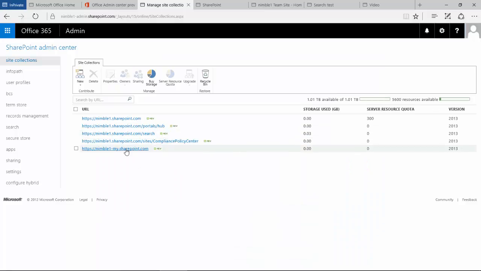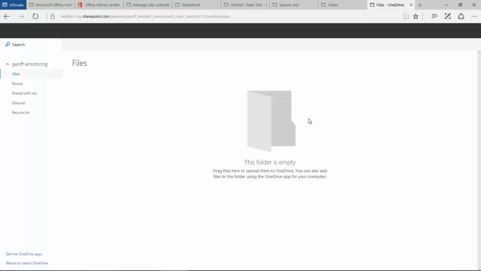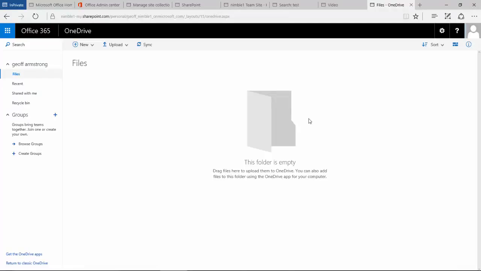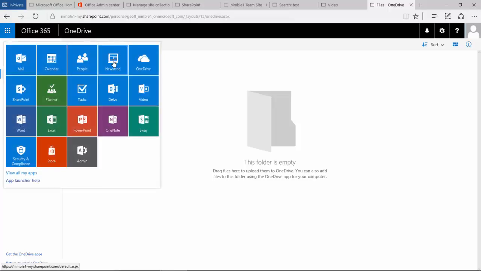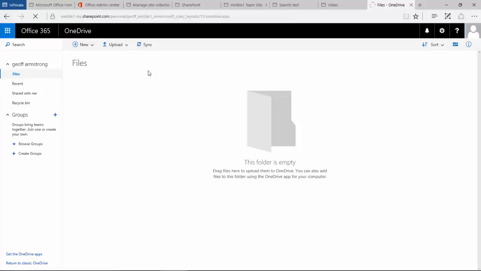And then that leaves us with this final option, which drops us into OneDrive initially. Now you can disable this if you don't want OneDrive, or if you want your users to use OneDrive. I found this quite confusing initially because I'm not sure whether I want people loading up documents here, or loading them directly into libraries within SharePoint, but that's a decision for yourselves to make. So if we drop back here into newsfeed, the OneDrive